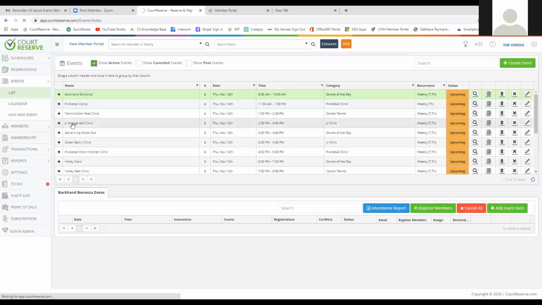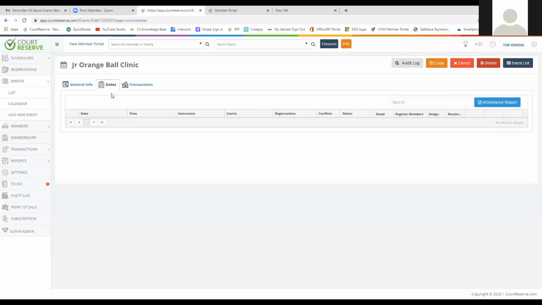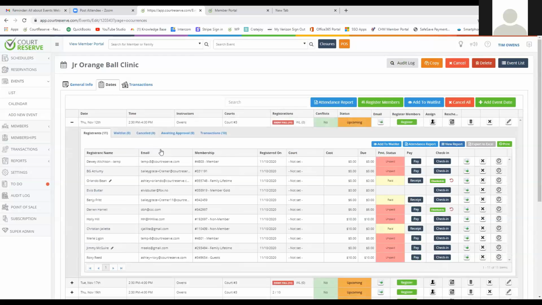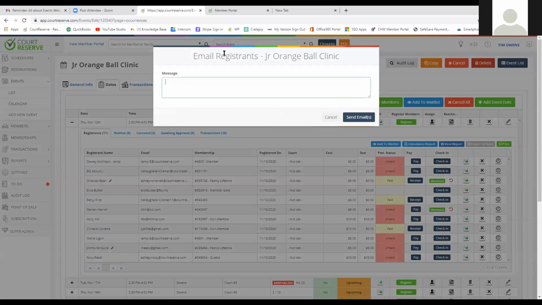So again, there's a lot of information when we come over to the dates tab, and I want to show you a couple more things that maybe you didn't even realize. If you are looking at the line that actually has the date on it, there are a couple things. You see your registrations, your upcoming; this event of course is upcoming. But if you click this email button here, this email button will email all of your registrants